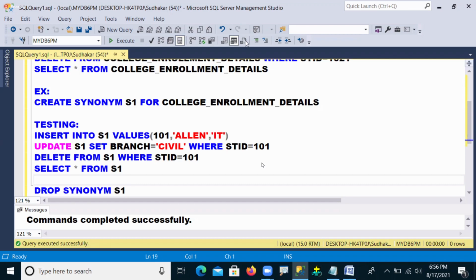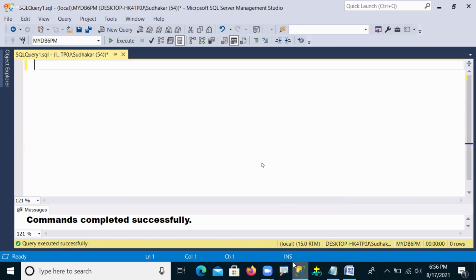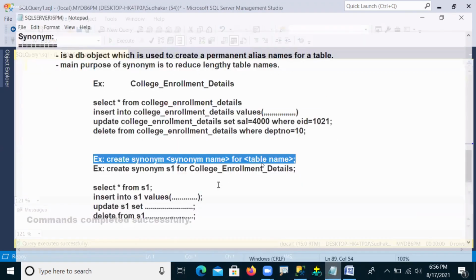If in the future I also want to work on the same table, then I keep that synonym, whatever I created. Otherwise, if in future I don't want it, then I can drop it from my database. So this is one small topic, guys, in the SQL part of SQL Server. And the next one is